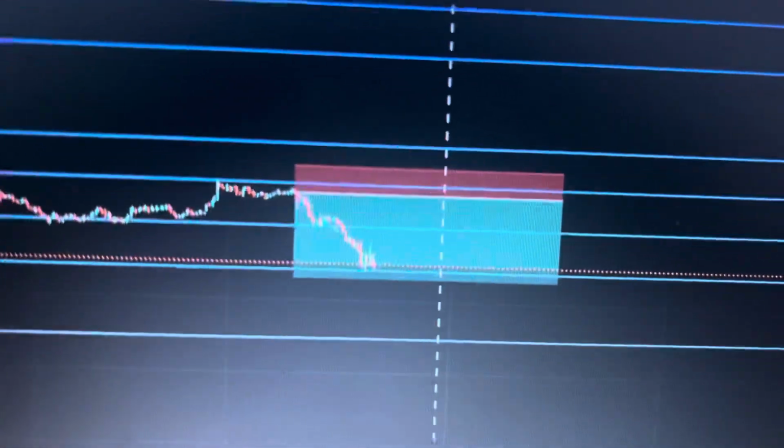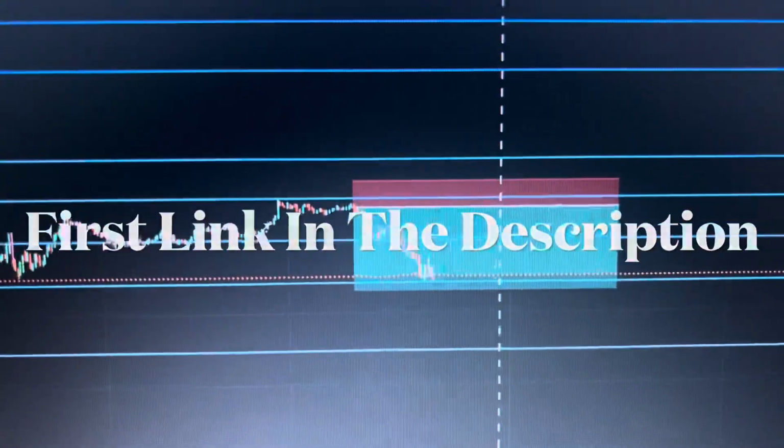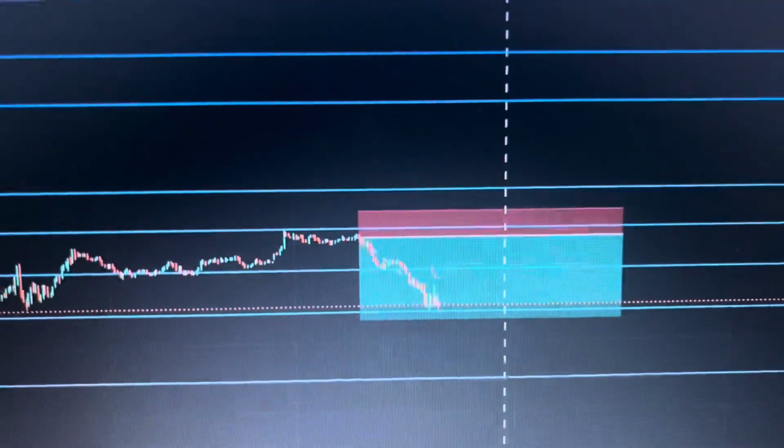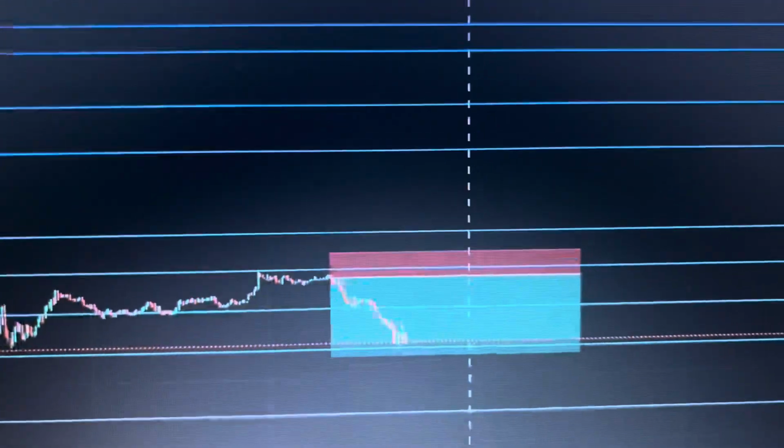And really quick, this is S&P 500. And I just want to show you how me and the free signal room, first link in description, I call out about 5 signals daily, both currency pairs and indices, metals, all of that, just to show y'all exactly how